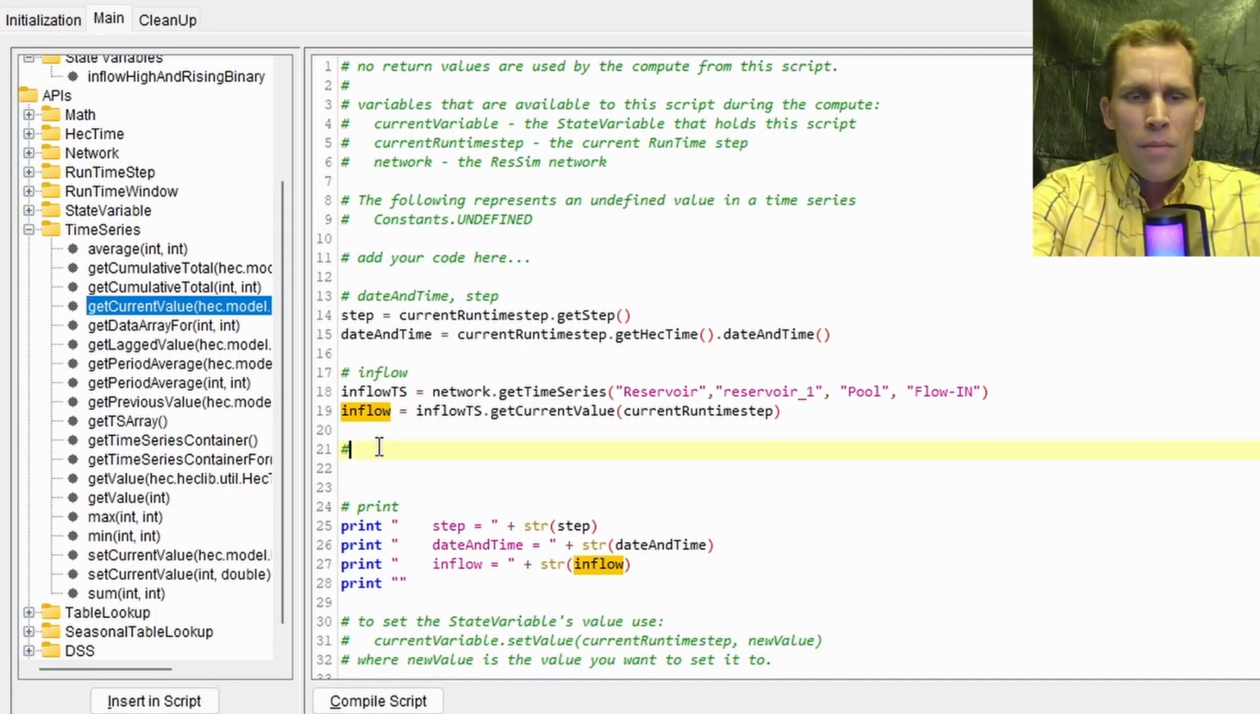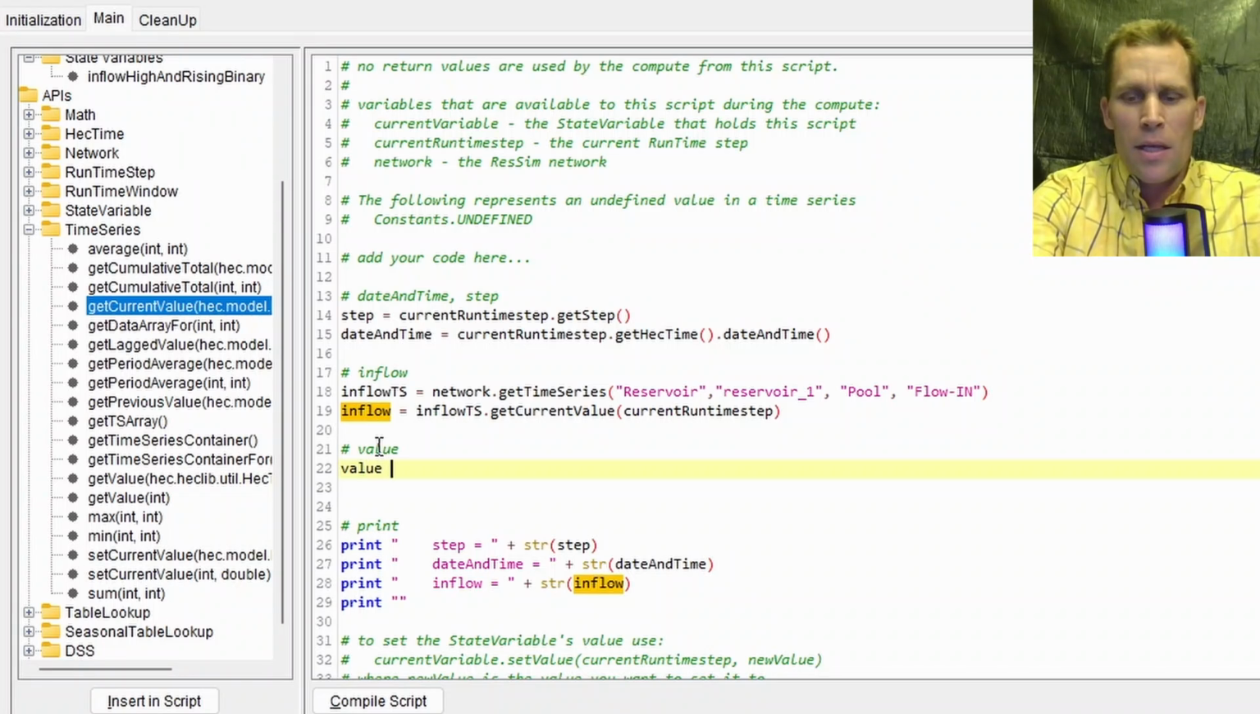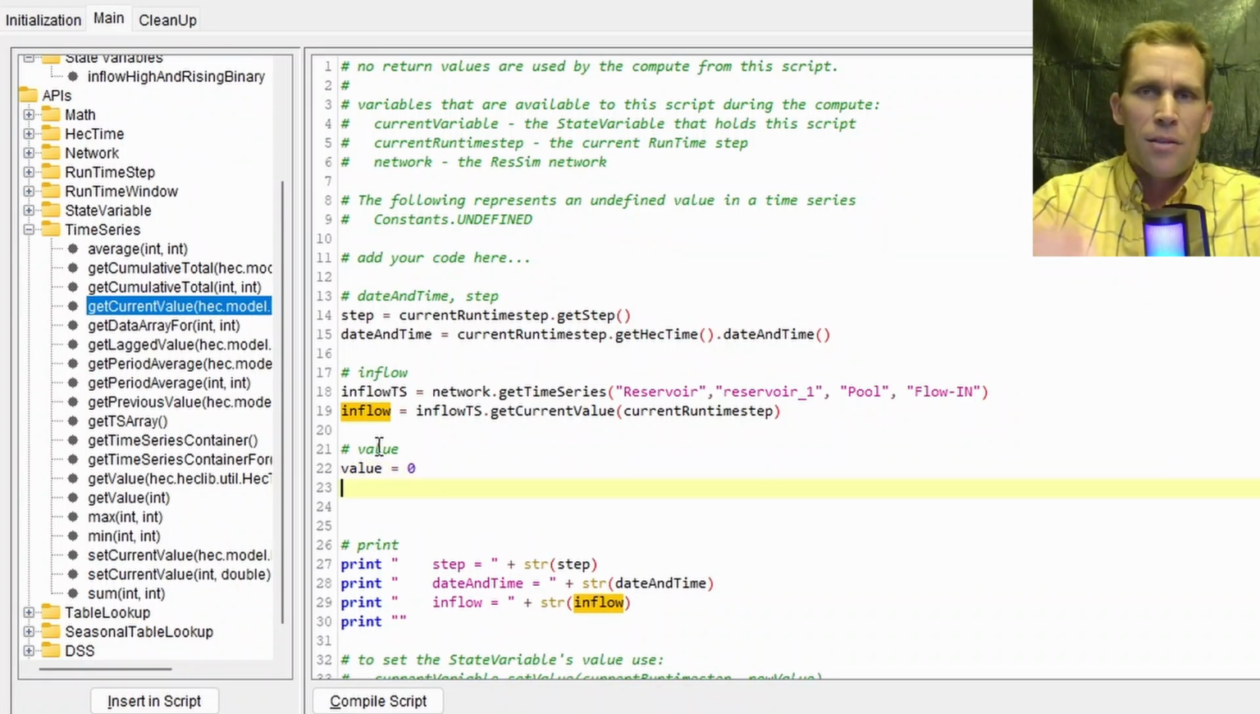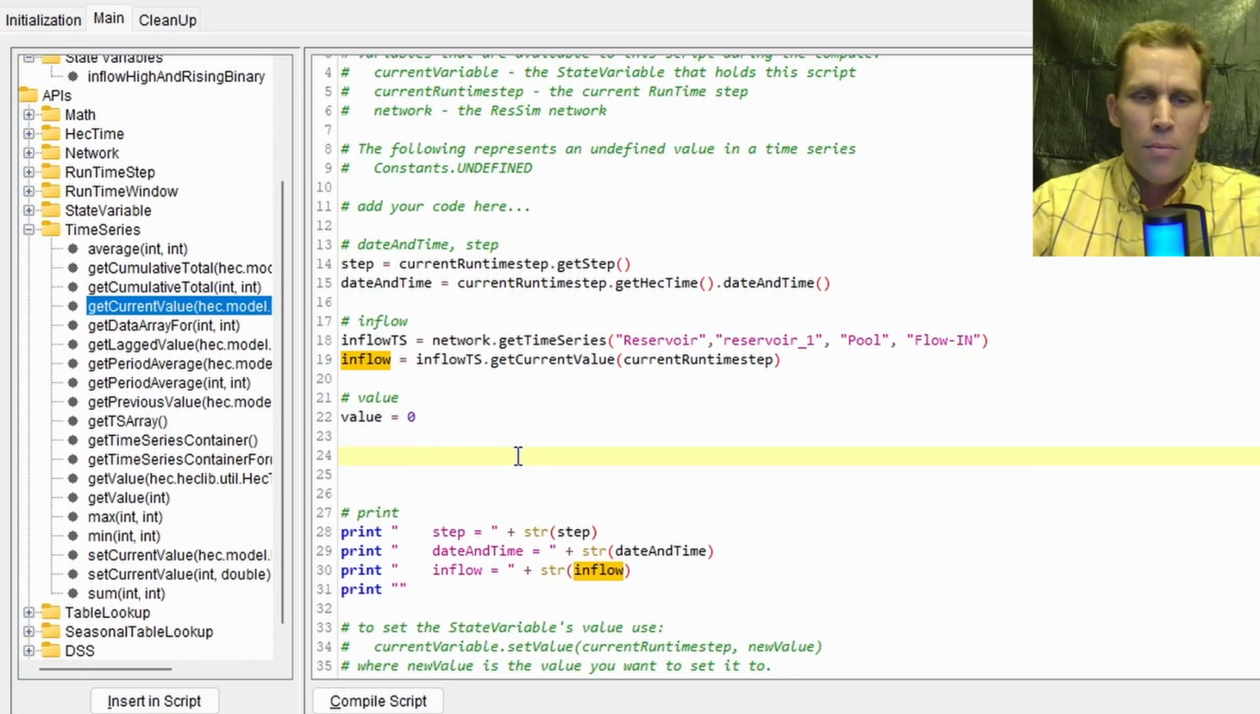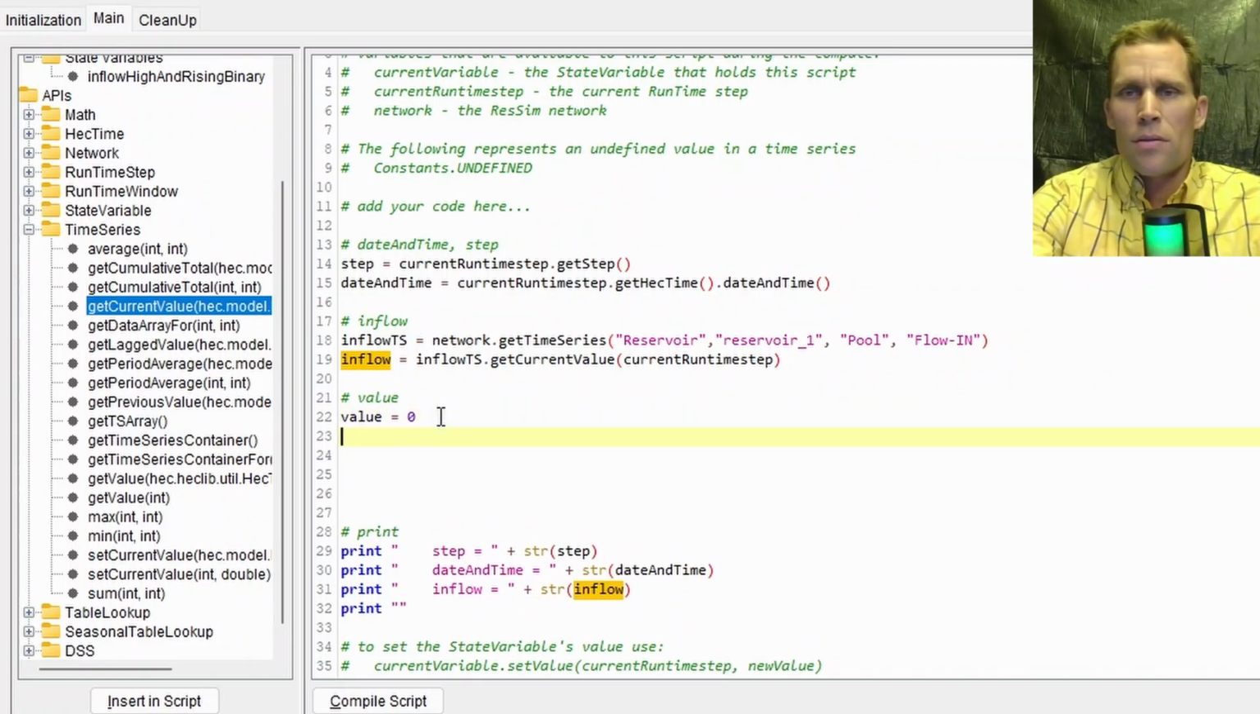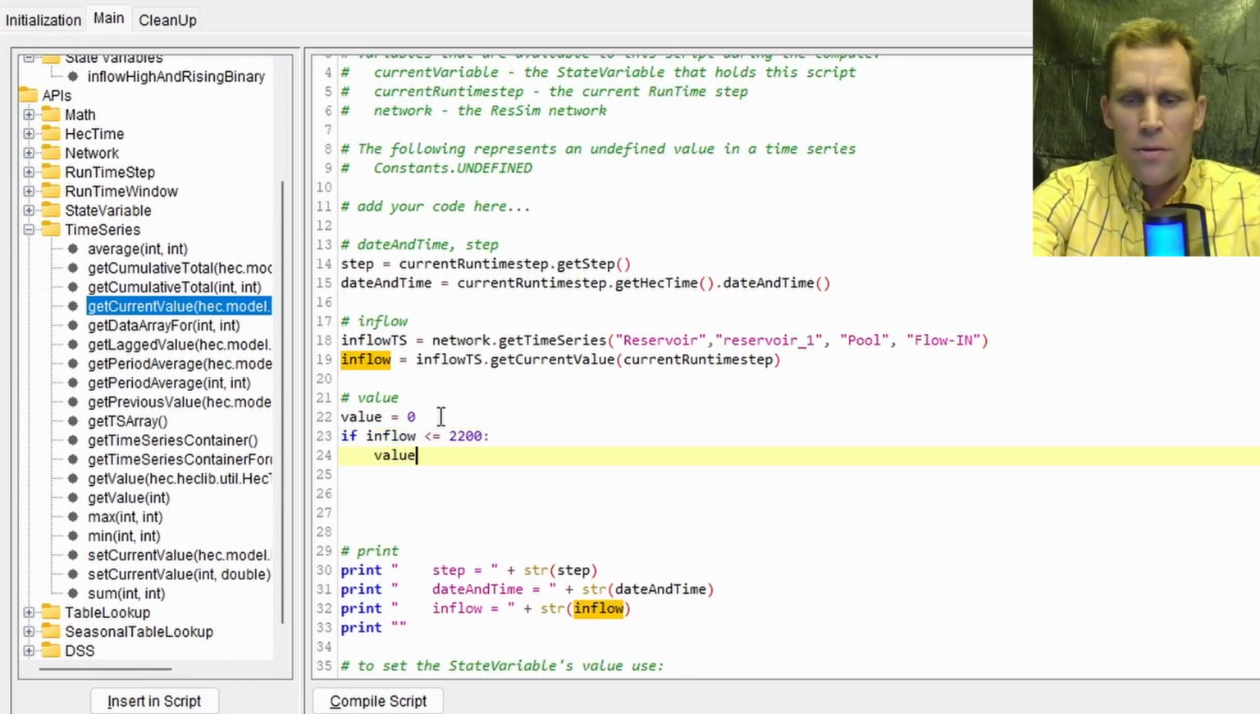So I'm just going to start by saying value, and I'm going to initialize it as 0, and it has to meet certain qualifications, in which case I'll change it to a 1, and then I'll print out that value down here. All right, so the first one was, it has to be above 2200 CFS. Let's address that first. So I'll just say if inflow is less than or equal to 2200, then value equals